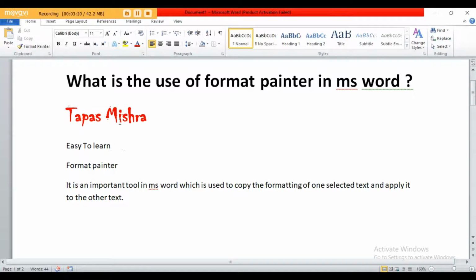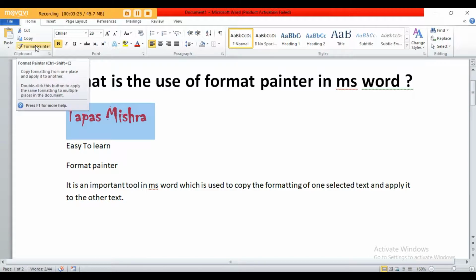If you want to see the same style, same design in a different heading or different content, you can apply it. Then you just have to select the text whose formatting you want to copy, then go to the Home tab and click on Format Painter. A single click on Format Painter will allow you to apply once, and a double click on Format Painter will apply any number of times in your document on any text, right?